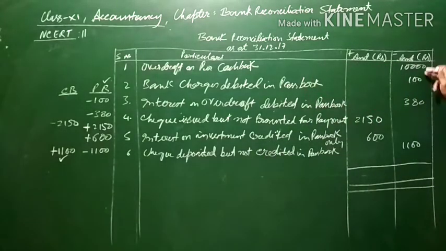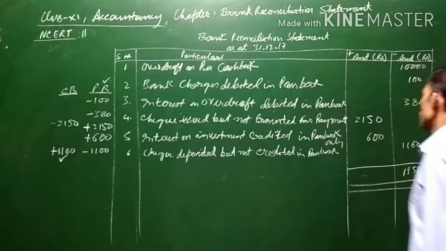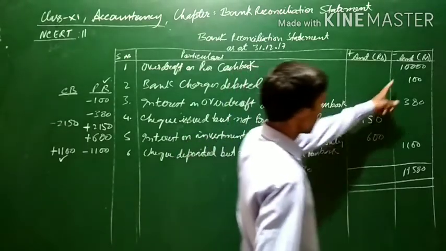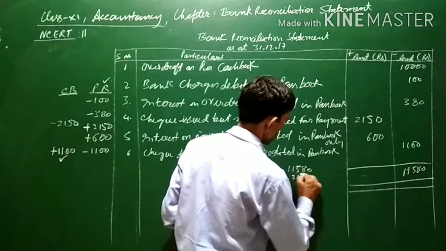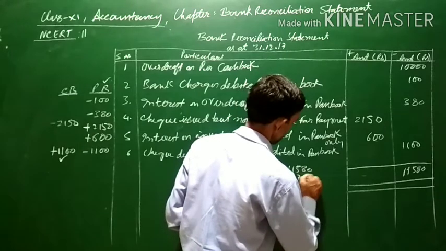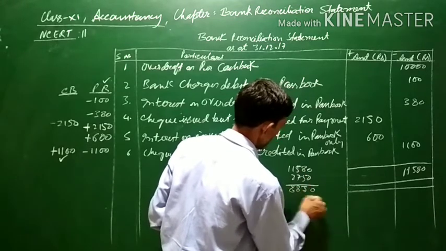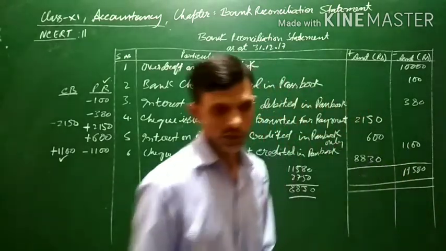Now this side is the total of the credit side, that is the minus column is more. 10,000 plus 1,100 is 11,100, 200 plus 300, 11,580. 11,580 is the total of the minus column, and this is the balance. 10,000 plus 11 plus 5,080, 2,750. 3,15 minus 7,8. 10 minus 2, 8. 8830 is the balance.